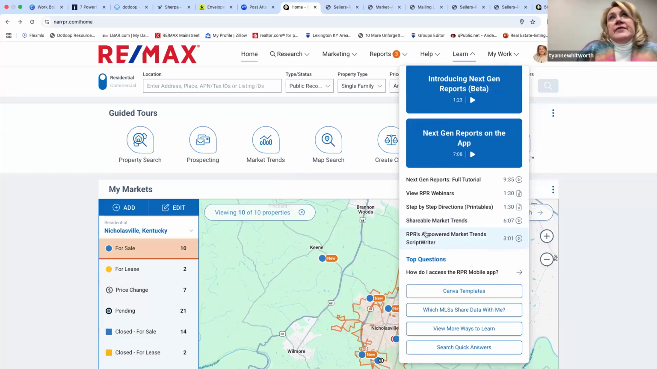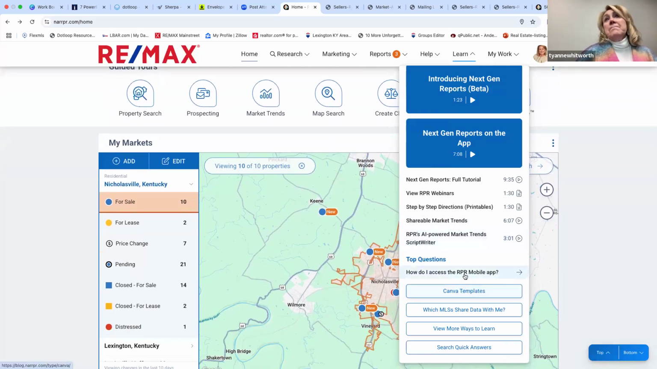Another agent and I have talked about this AI-powered market trends with Script Writer, and it will actually write a script for you and then show you how to use the RPR information, but then to write a script and then make a video about it. So that is great. The mobile app is something that I use when I am on the road, and I don't know if I can project my thing on here, but there's an app on the phone, and if I'm out showing, I'm going to put in,